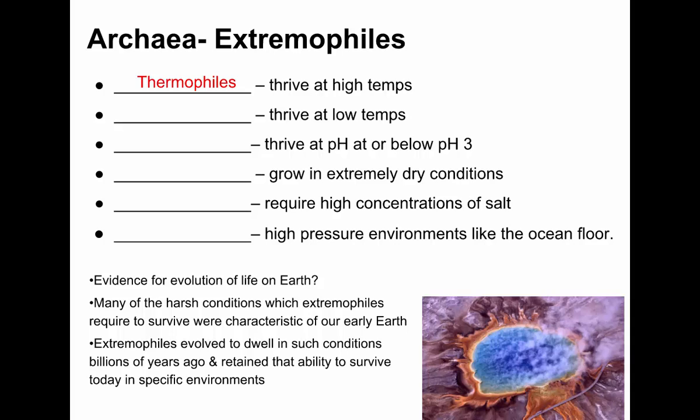There's also a term for organisms that can survive at extremely low temperatures. They're called cryophiles, like cryogenic. Have you ever heard that term, cryogenic? Some people have their bodies frozen after they die. Their hope is that someday, thousands of years from now, humans will have discovered some means of repairing what they died of and reviving them. So they freeze themselves after death in hopes that they're going to be revived someday in the future and brought back to life.